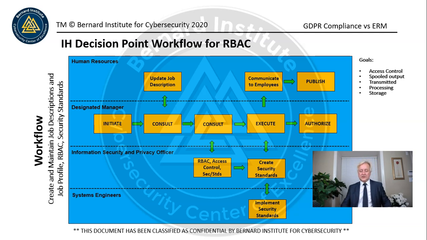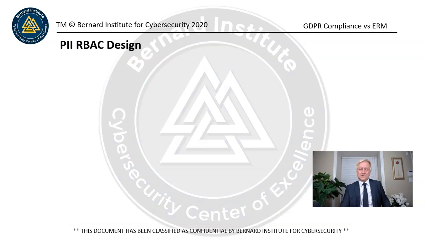And of course, system engineers are the experts at the infrastructure level, at the application level, the information level, who are the people who are going to help establish the controls that we're talking about implementing in order to protect that information. So that's 3 workflows. I hope that was helpful for you.